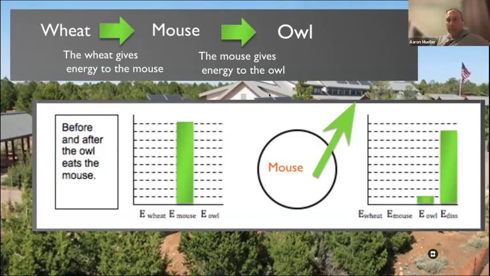So what happens? A tiny amount, 10%. Tiny would be fine. And again, don't get hung up on whether they have the bars all exactly at the right level. We're trying to get a large generalization of what's going on. And the energy goes either into the mouse or out of the mouse. Out of the mouse, right? So in the circle we put the mouse, because that's the system we're looking at right now, and the energy is going out. And the rest of the energy, because we want to represent all the energy, is